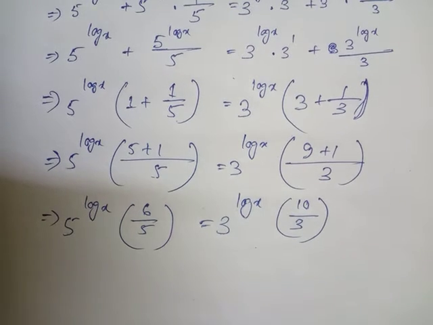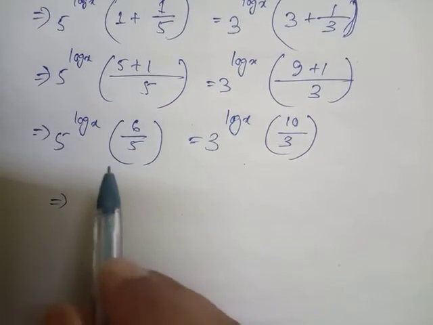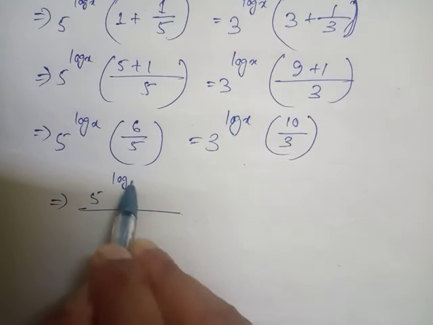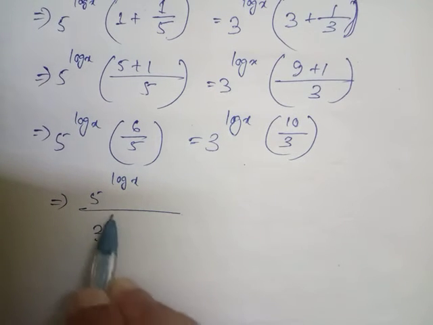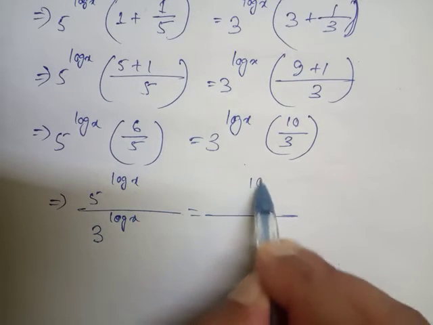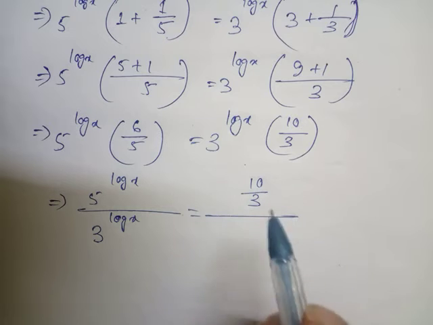Now if we go for the division here, what will happen, student? 5 to the power log x on this side, 3 to the power log x, and 10 by 3 will go on divide,